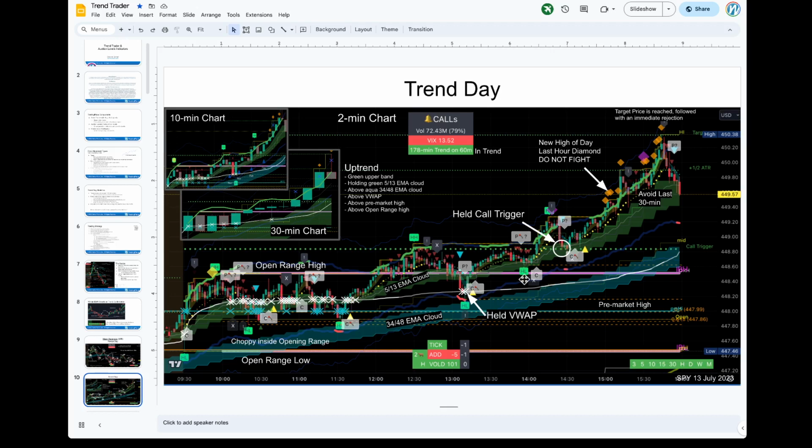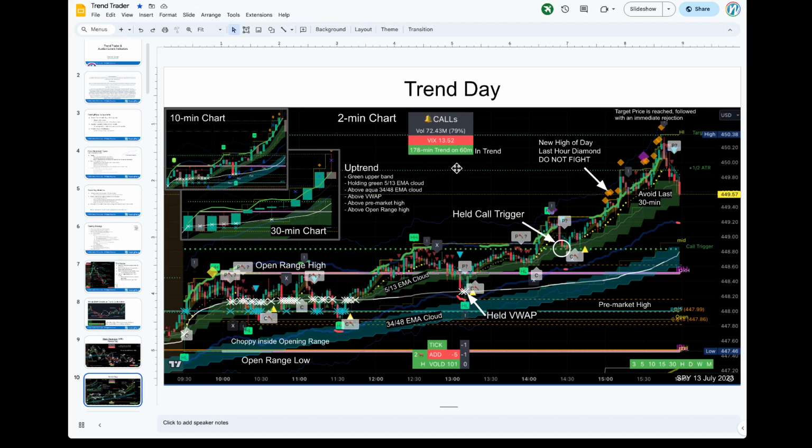Now with the updated indicator, you'll see the T on the 30-minute all day long, a green T. So this helps you not to have to jump to all these different time frames anymore, because now it shows you that in the bottom right. You can also see here in the top middle, it says we're in a bullish trend, because it's green, on the 60-minute chart, and it's been going on for 178 minutes.